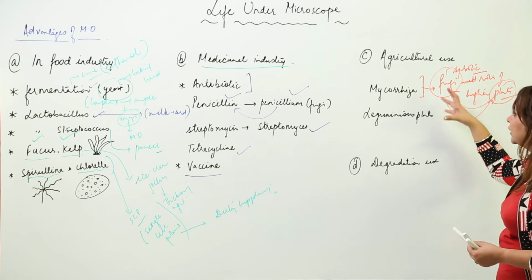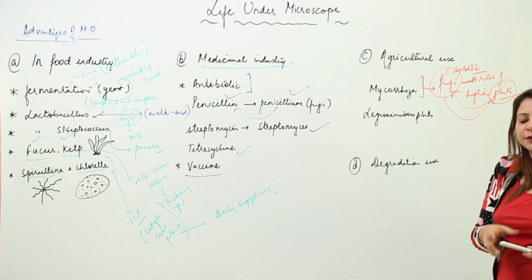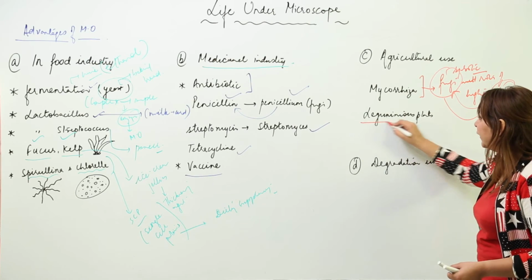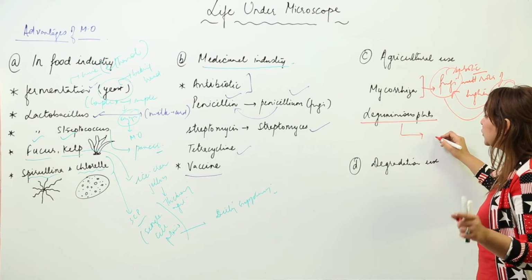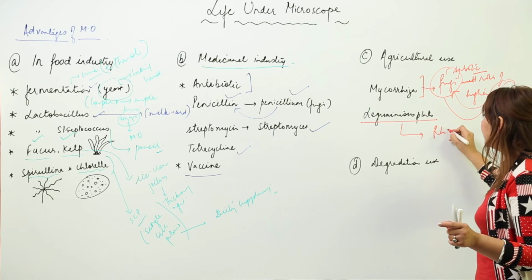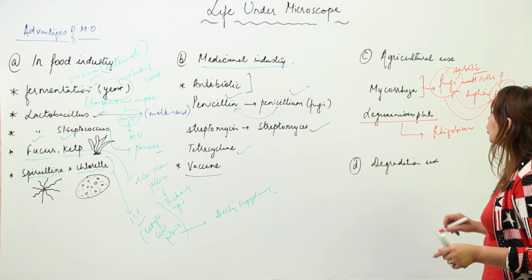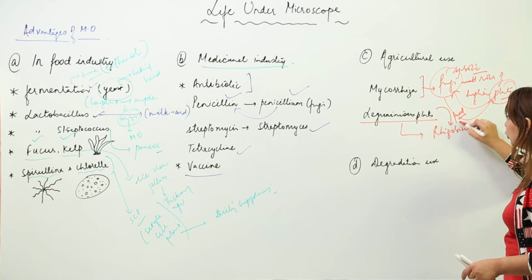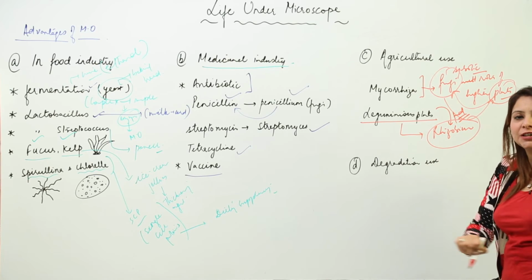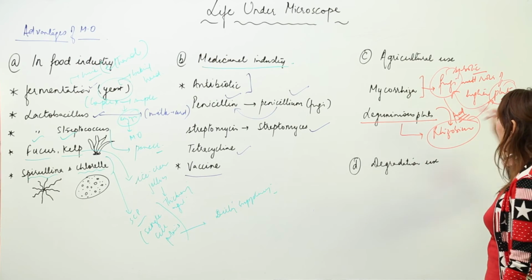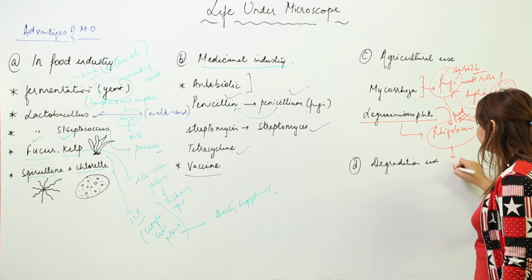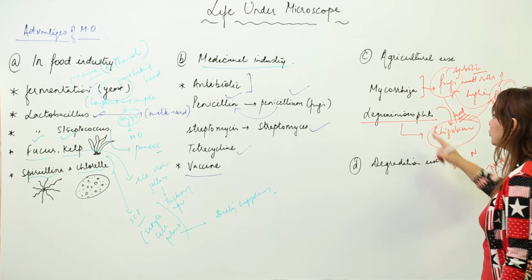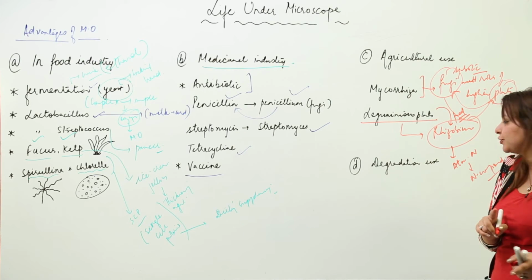So here also the fungus is serving an important use, because here also it is acting as a microorganism. Second, we have leguminous plants. Leguminous plants have special bacteria in their root nodules, that is the rhizobium bacteria. Again, this is a symbiotic relationship. The plant is going to provide food to the rhizobium, and in return rhizobium bacteria is capable of converting atmospheric nitrogen into nitrogen compounds. So it is going to provide nitrogen compounds to the plants. So again a symbiotic relationship.